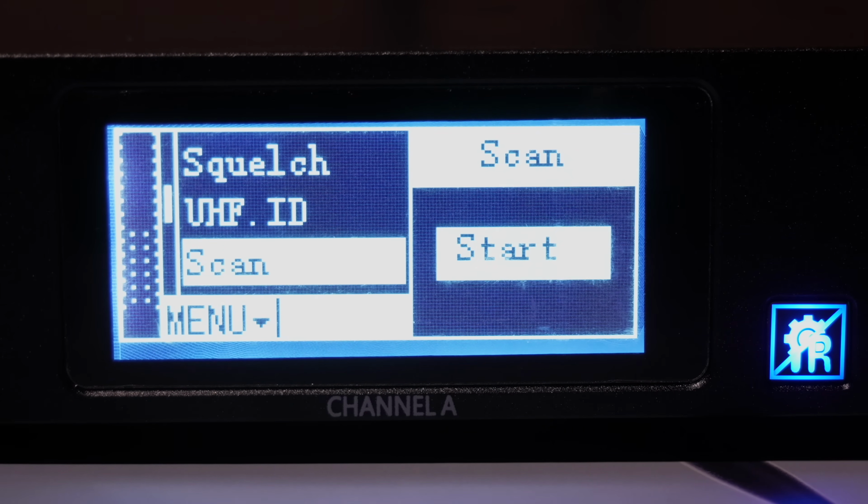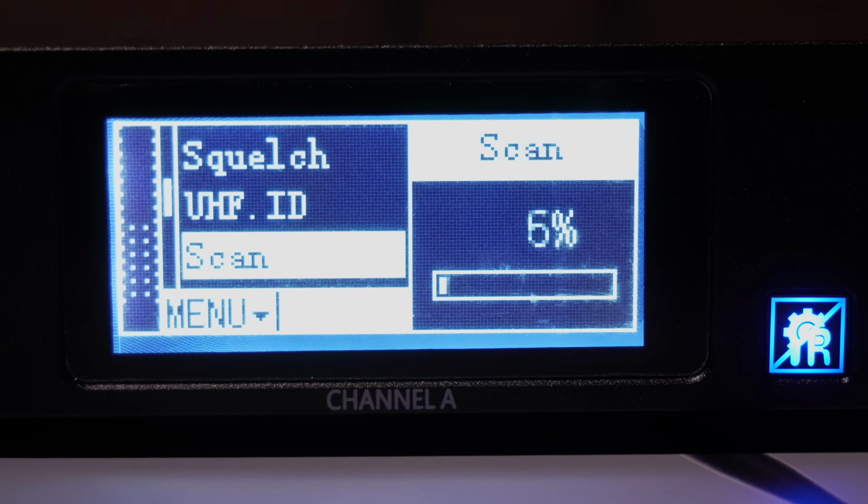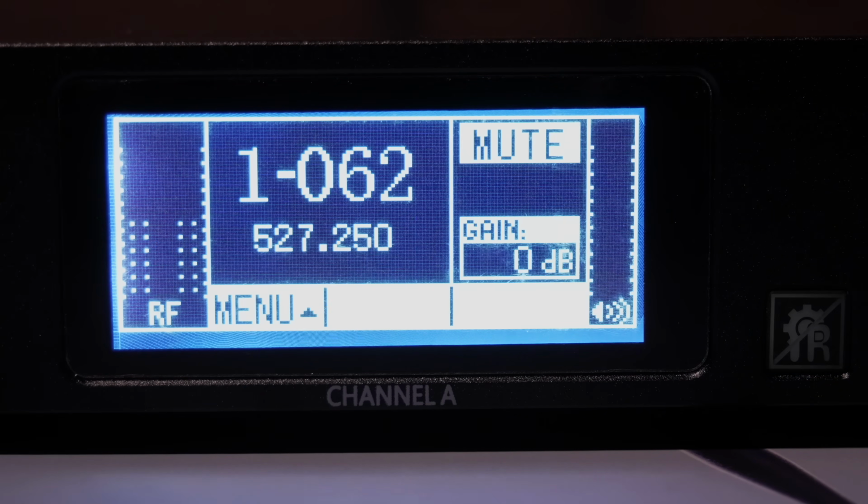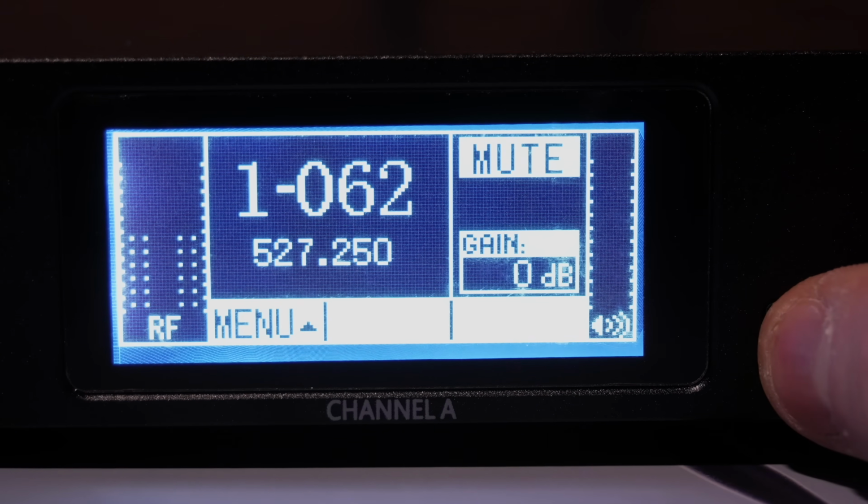Speaking of other microphones in that area, to make sure that you're not in conflict with those microphones, I would suggest that every time you deploy your system, you do a scan. The auto scan is probably the easiest way to go. So you just select scan, let it run. This is running in real time. Once complete, it's going to assign you a channel that is free for you to use in that